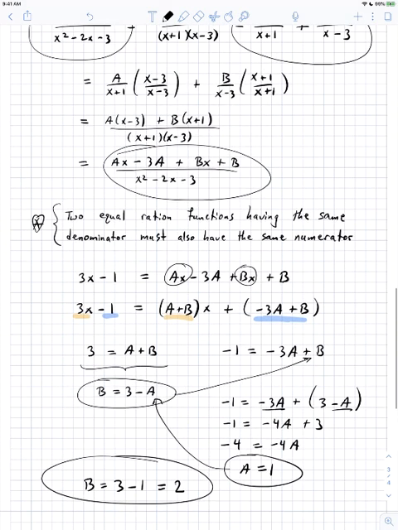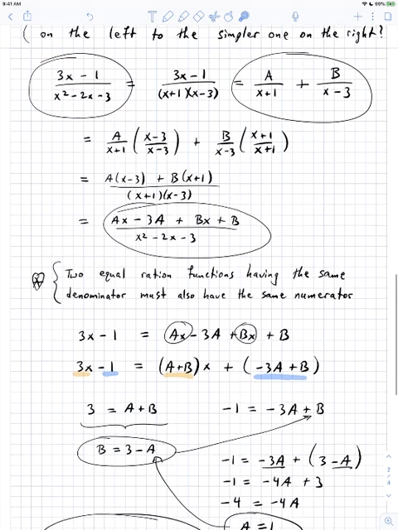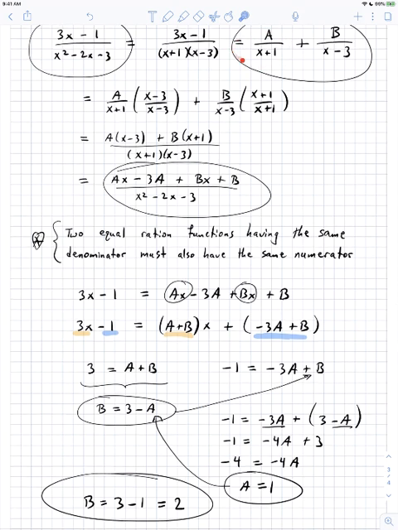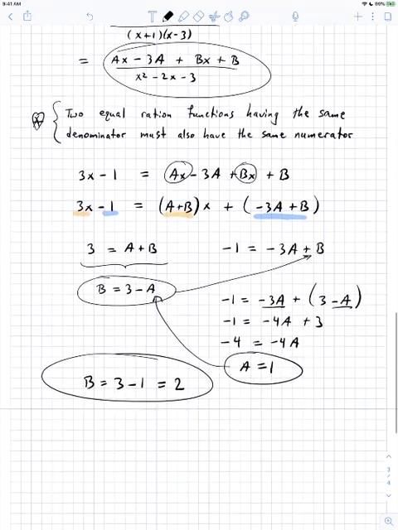We know that our original expression, 3x minus 1 over x squared minus 2x minus 3, is equal to a over x plus 1 plus b over x minus 3. And now we know that a is equal to 1 and b is equal to 2. So you just plug in a equals 1 here and b equals 2 there. And the net result, so the conclusion,